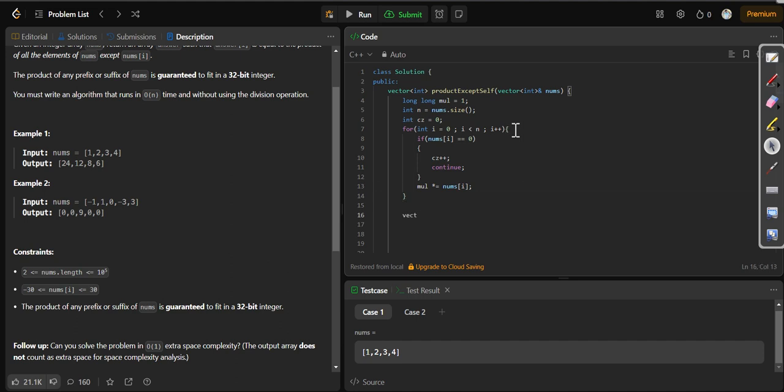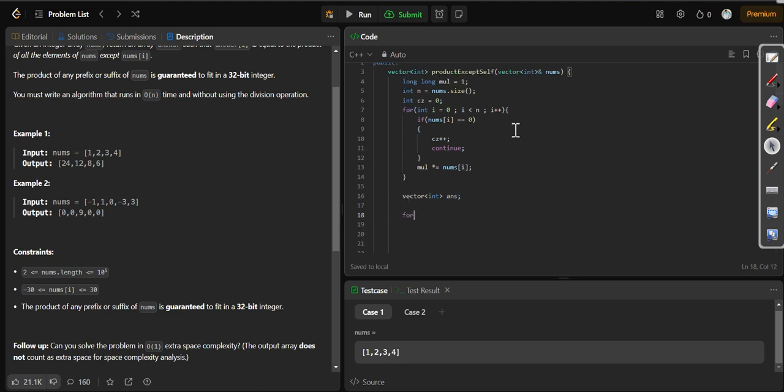We will make a vector, the answer array, of size n.